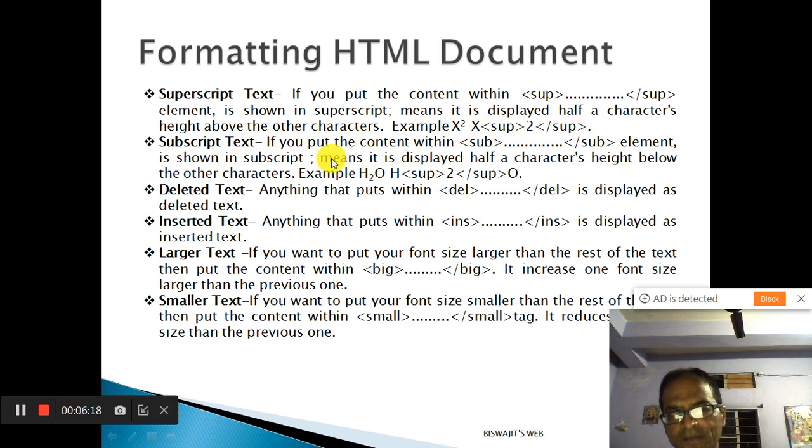Similarly, in subscript, we can write using the tag SUB and slash SUB. Similarly, we have deleted text and inserted text, large text and smaller text.